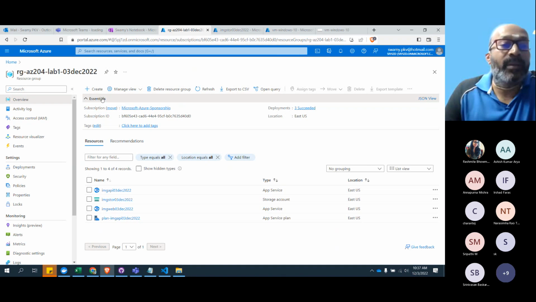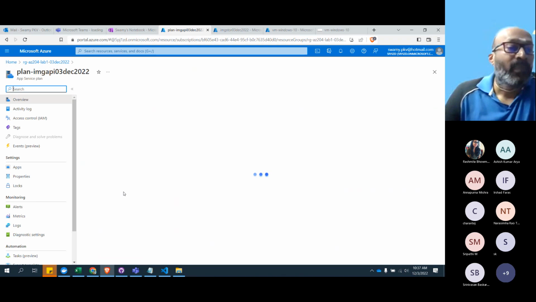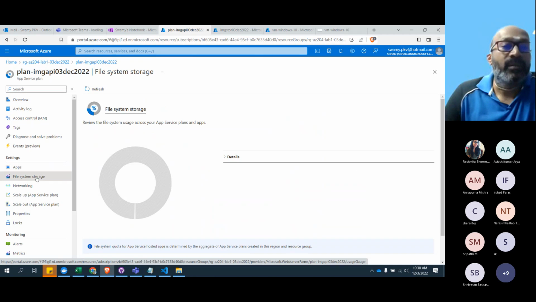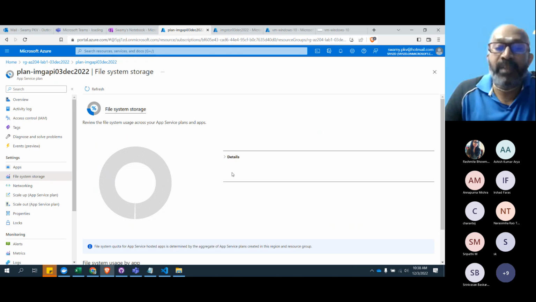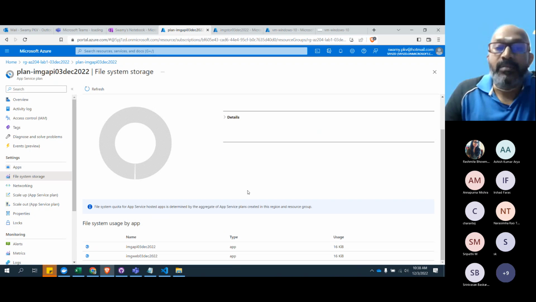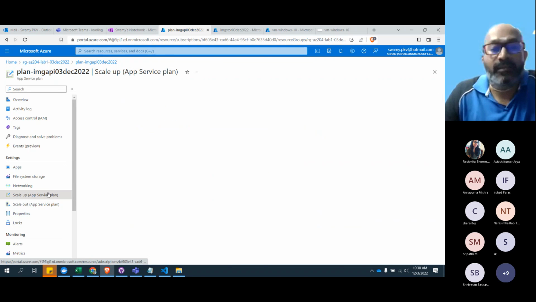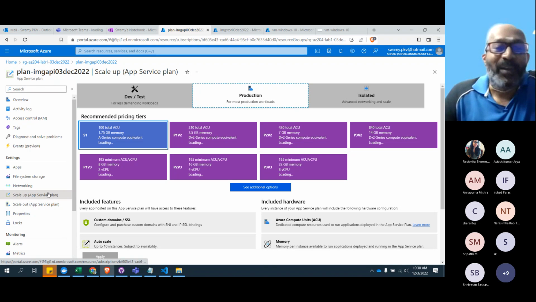Let me get some extra space and let's come back to this app service plan. So when you come to this app service plan, the file storage is whatever it was displayed, 50 GB. I think I remember it was 50 GB. Yeah, come on. Show me the number, please. It's not going to listen to me. That should be fine. A lot of people don't listen to me. It's not something new. Okay, jokes apart.